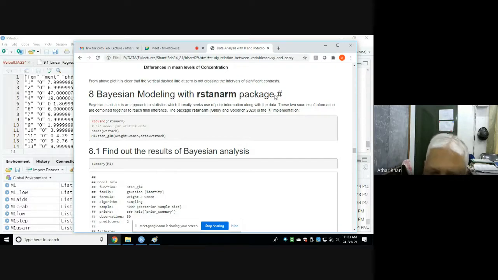Stanislaw Ulam was one among the two authors who gave the concept of simulation in 1949. Then they published a paper in 1953. So the idea of simulation is very old, but due to non-availability of computing machines, these ideas were not being used. Nowadays, simulations are one of the best tools for data analysis and graphics. So here, this is one package, rstanarm. This is the Stan implementation of the ARM package.